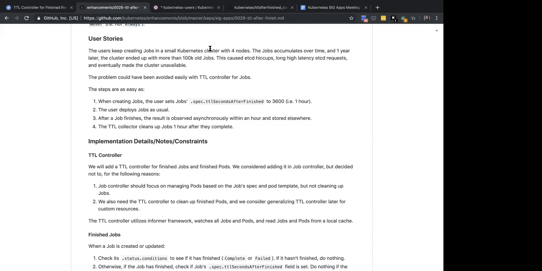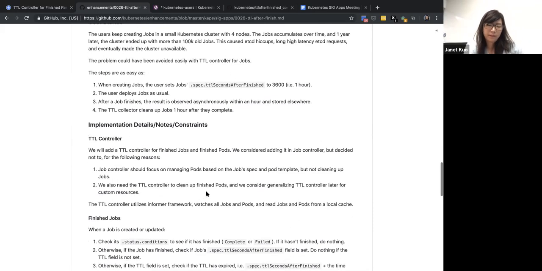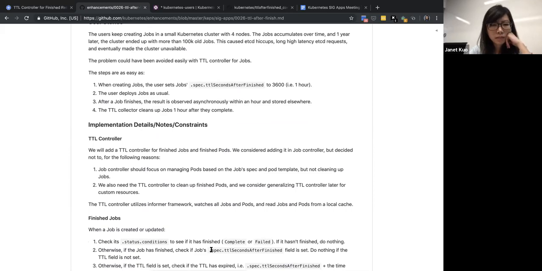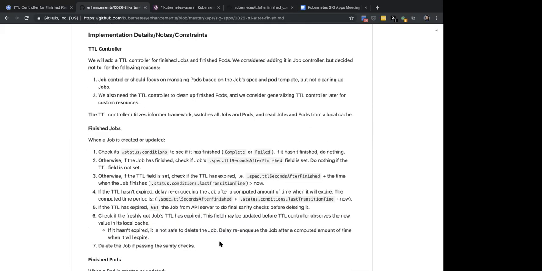Is this currently only implemented for job? Yeah, it is. And you want to move the job implementation to beta, or first do the pod? Because the graduation criteria says we should decide if we want to do it for custom resources before promoting to beta.